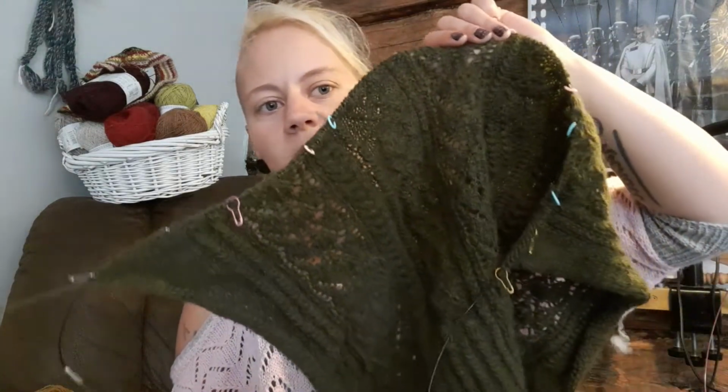But I also have all of my WIPs with me today, now that I don't have to carry everything out to my laundry room. So we will start with the Daffodil. I have not talked about that for a while now. Maybe I have. Yes, I have. This is my Daffodil,